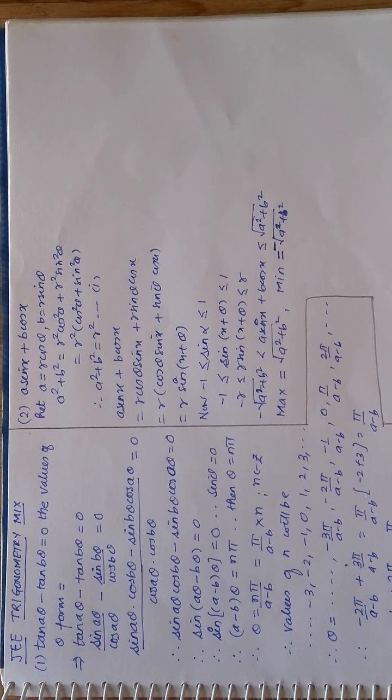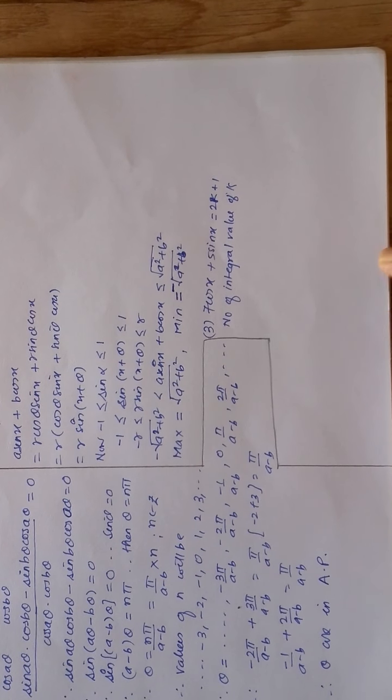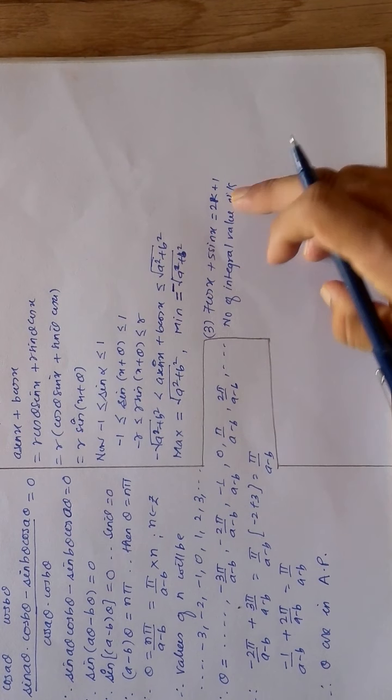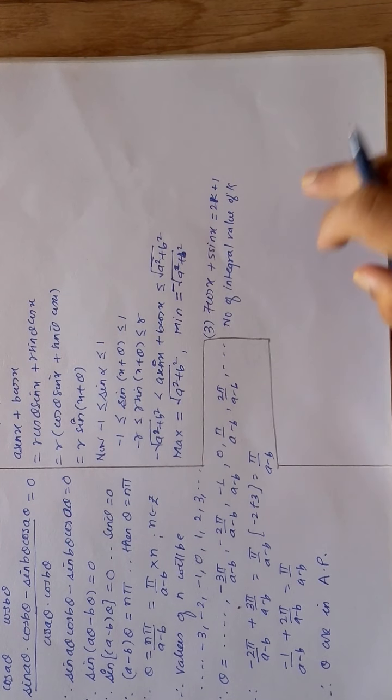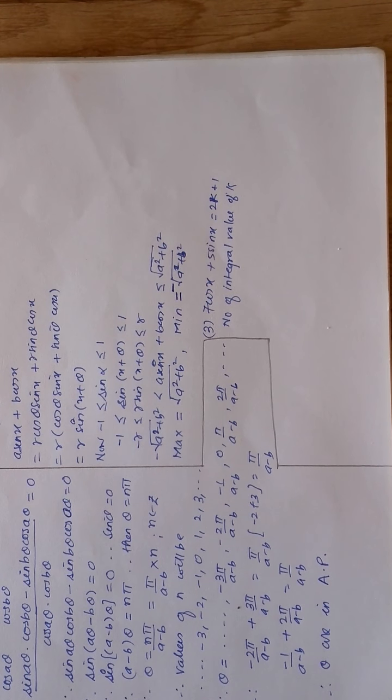You must be able to rectify the question, understand the question, use it, and you will get all the desired results very easily. Now, the question which I have written says the equation is 7 cos x plus 5 sin x is equal to 2k plus 1. Now, the question says, what are the integral values of k? That is, how many integral values? They haven't asked you what is the value, but how many integral values. That means the value must be an integer. How many are they? They are 5, they are 4, they are 2, they are 0, they are 10, they are 19, they are 18, they are 8, they are 6, they are 7.